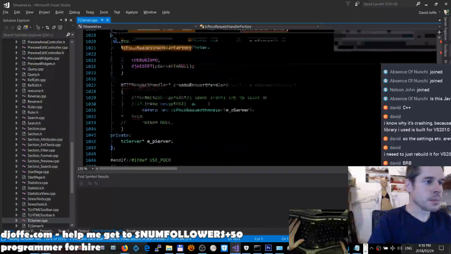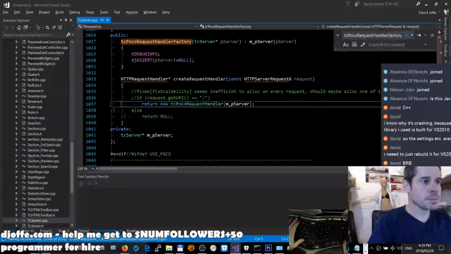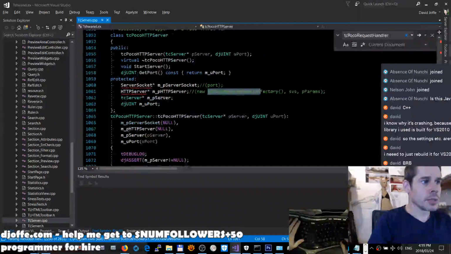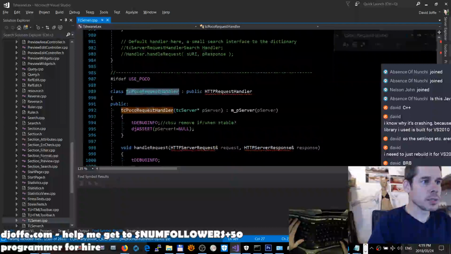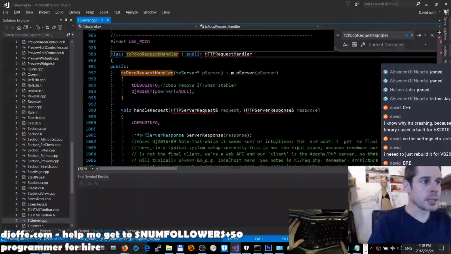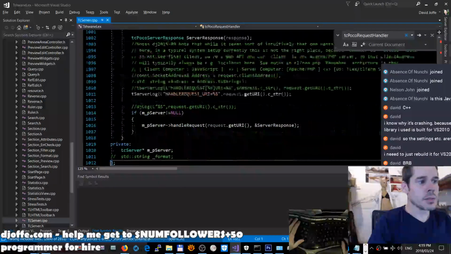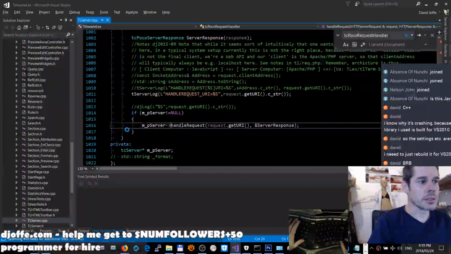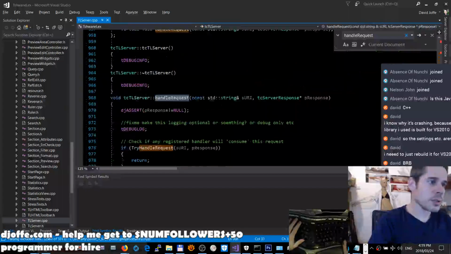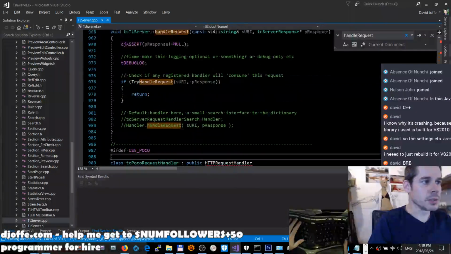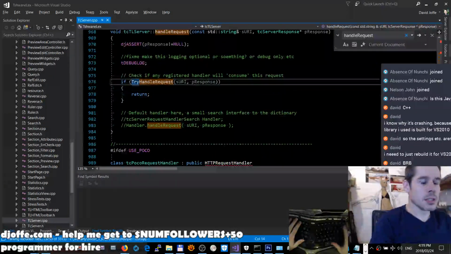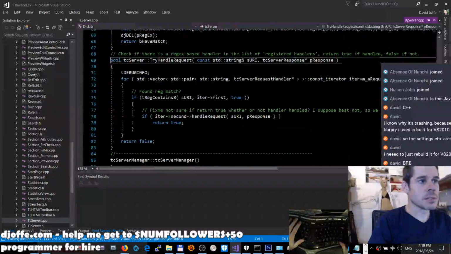Okay, and you need to support a handler, an HTTP request handler, which calls our handle request, which calls the server handle request, which goes through the list of registered handlers,